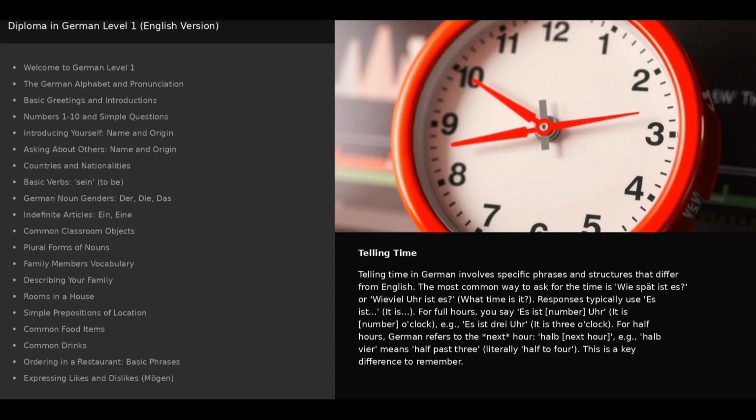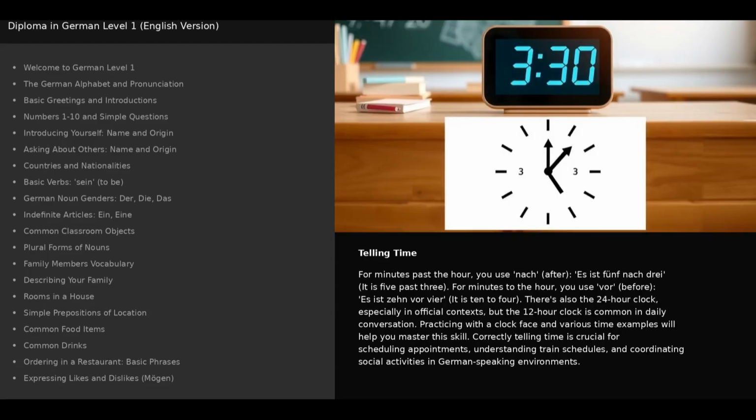For half hours, German refers to the next hour, halb, next hour. E.g., halb 4 means half past 3, literally half to 4. This is a key difference to remember. For minutes past the hour, you use nach, after. Es ist 5 nach 3. It is 5 past 3. For minutes to the hour, you use vor,